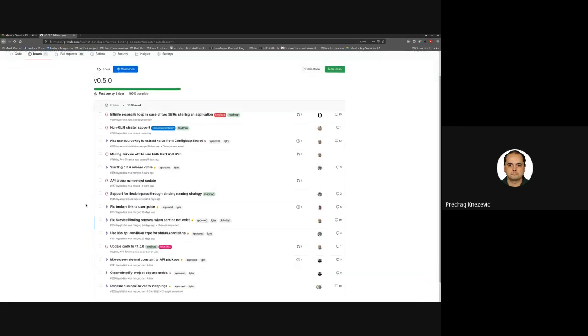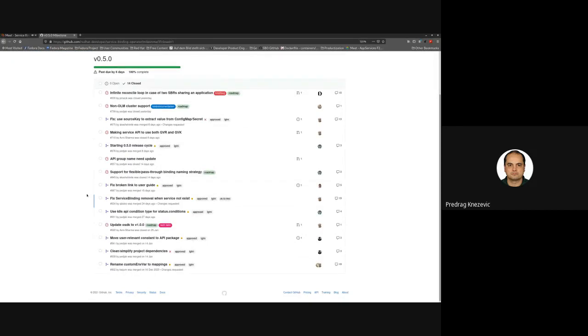And the intermediate secrets, which are generated by the operator, are now immutable, which means in case there is some update on the binding, a new secret will be generated. That new secret will then be injected into the application. The good side of this is that in case there are any crashes of the application, it could be reverted to the previous state easily, and that previous state will refer to the old secret.